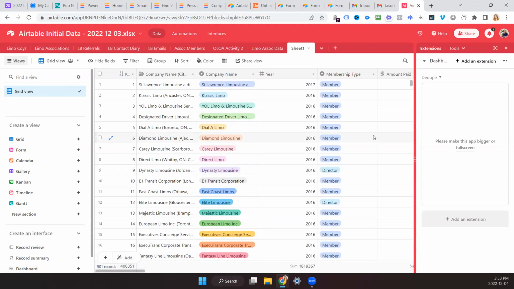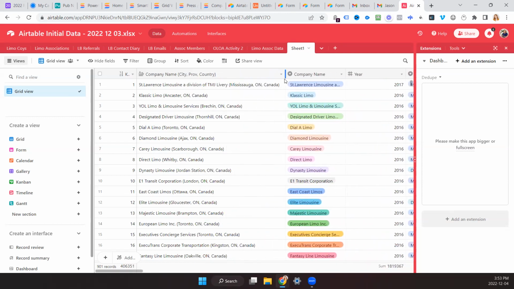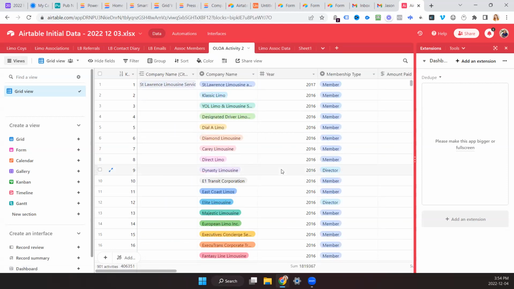If you see the company names are all in colors, and then the company name beside them, I brought the data in like that. And the other one, I've got a formula now, so that when I'm building them, I don't have to type them in like that. Okay, so if we go back to OLOA activity, I tried to build that formula and it deleted all my data.